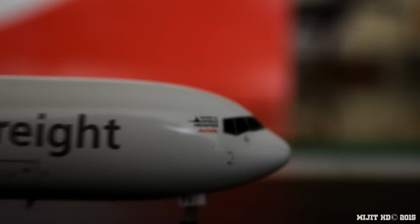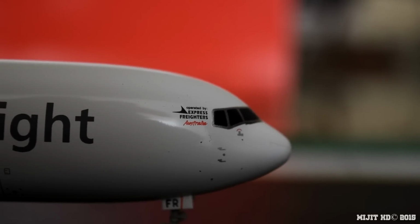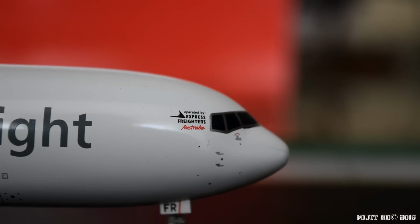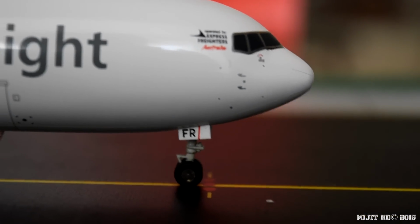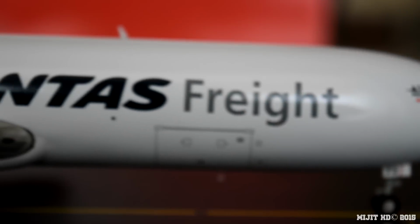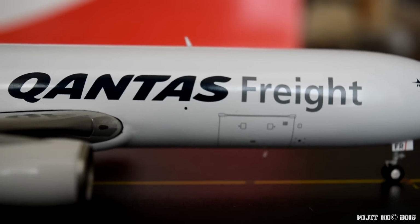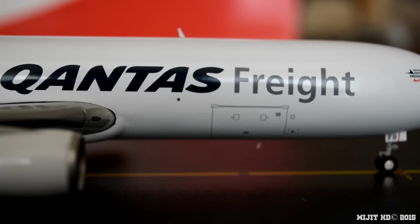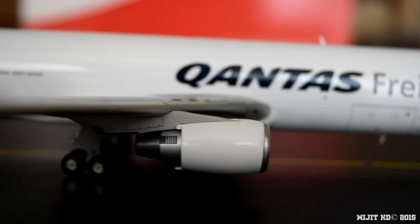And we'll start back here on this side. So we see cockpit windows, pitot tube, static ports, operated by Express Freighters Australia, by the registration on the gear door there. Qantas freight titles, and there's another freight door, cargo container door, landing lights, and the CF6 engine,